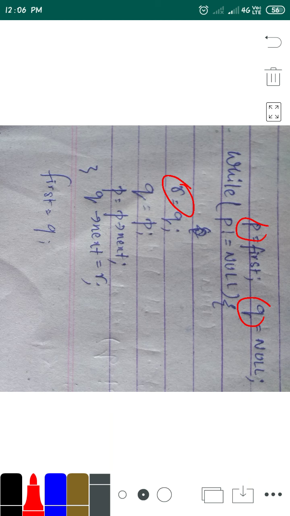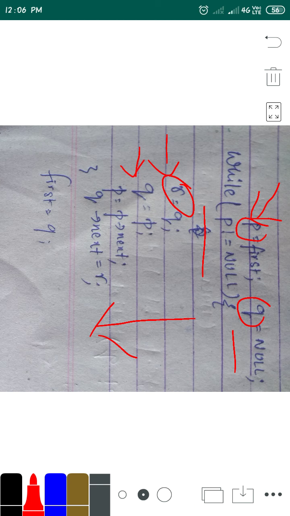First of all, you can see here that we have taken P as first, that is the first node, and Q as null, and until we encounter null, we will execute these statements. Here you can see we are assigning Q to R and P to Q.